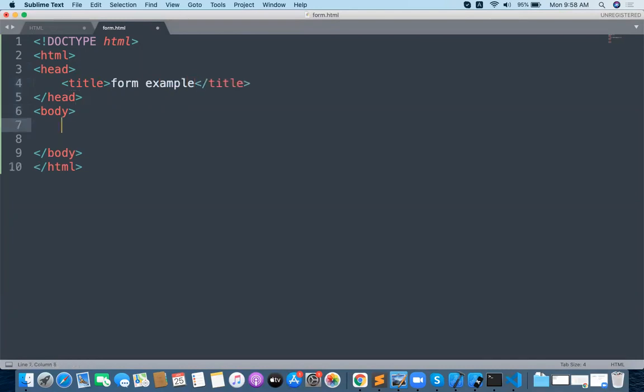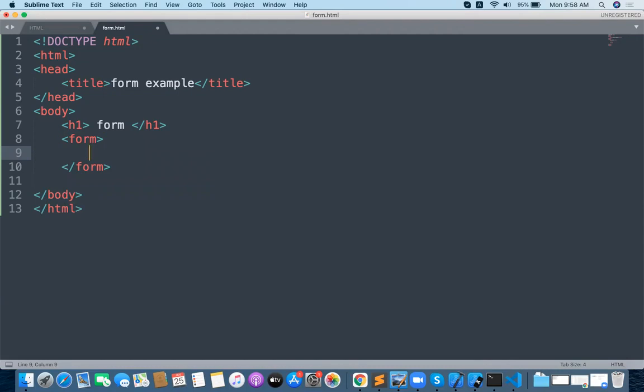For the form, I'll prepare an h1 tag, which represents the heading for the form. After the h1 I want to prepare the form, which is the root level tag.